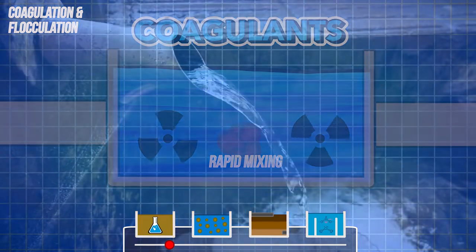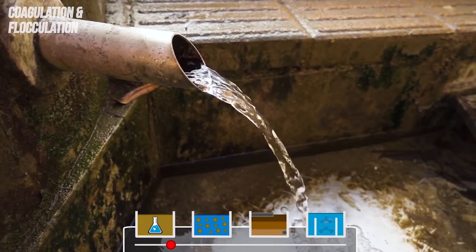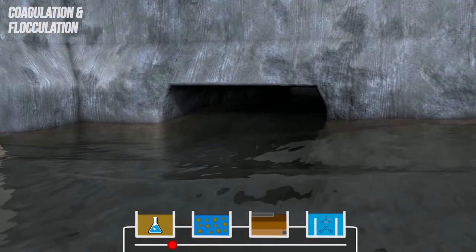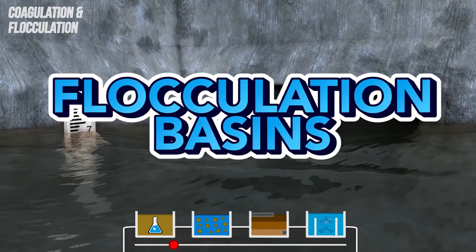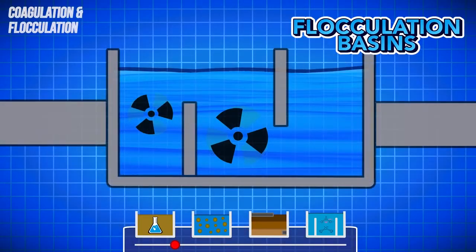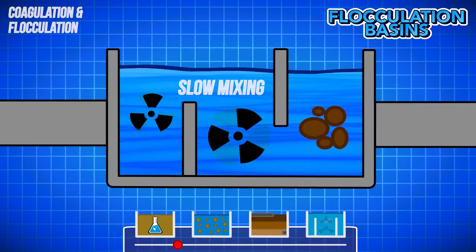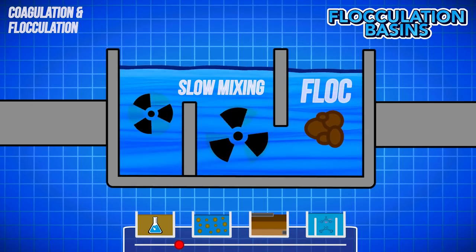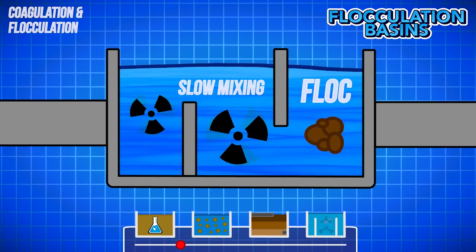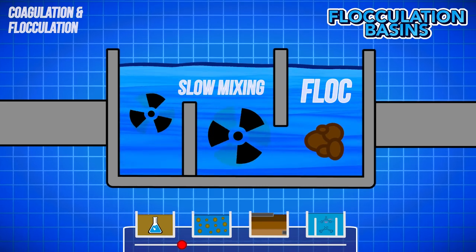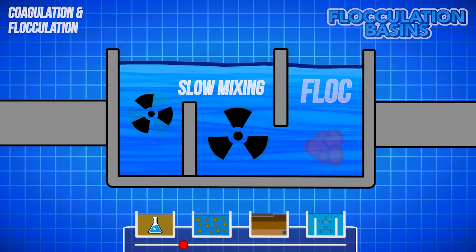Coagulants are often added to the water right at the inlet of a drinking water plant, where the water then goes into mixing basins called flocculation basins. In these basins, the solution of water and coagulant will slowly be mixed together to form what are called floc particles. After mixing for a set amount of time determined by water quality in the flocculation basins, the water is